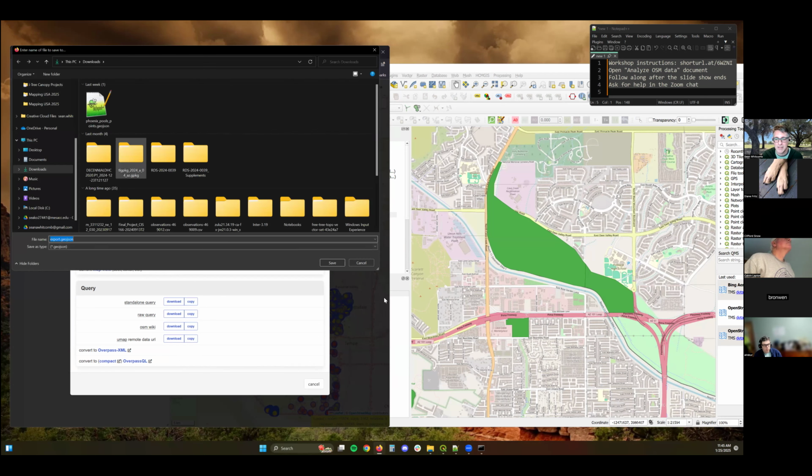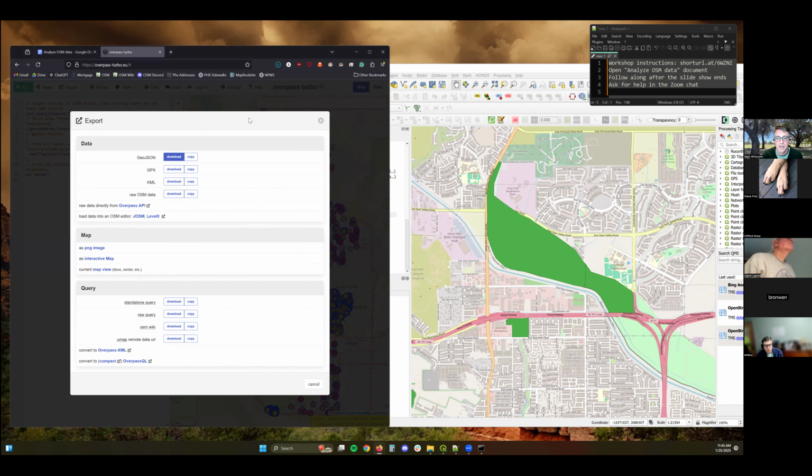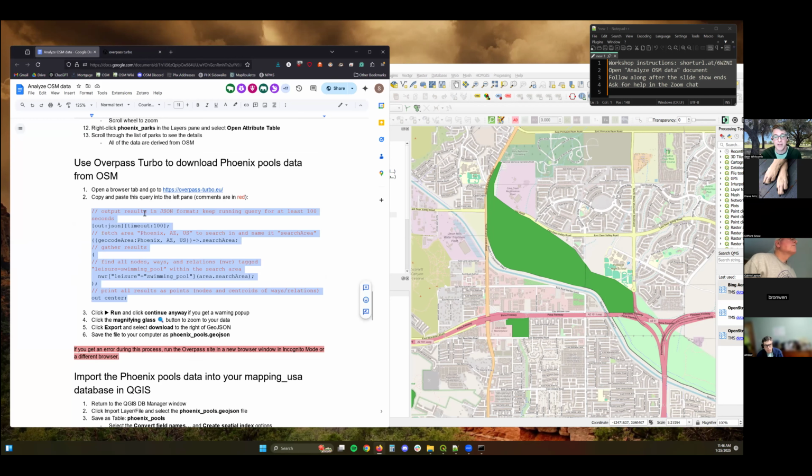And again, I'm just going to save it to my downloads just to make it faster. I want to rename it Phoenix Pools.geojson. Looks like I already have that saved here in my downloads, but it looks like it's going to save me a new copy. Okay, now that we've downloaded the data, that's how we get the data from OpenStreetMap, and